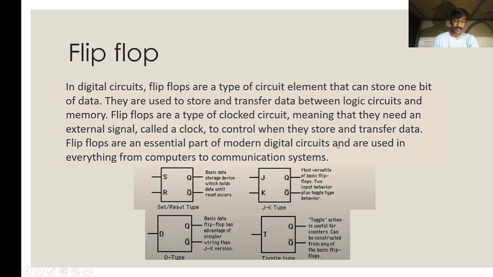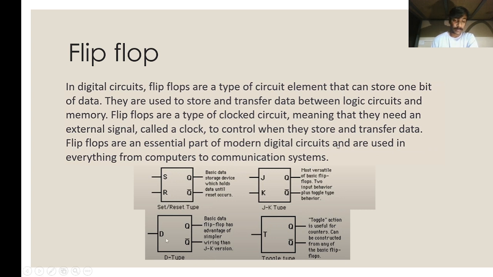Here is the set reset type. Basically, it is a data storage device which holds the data until reset occurs. In the JK type, J and K are different inputs. For set reset, if the input is 1 for the set, the input for the reset will be 0. For JK, four combinations are possible: